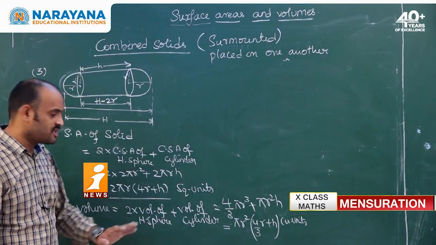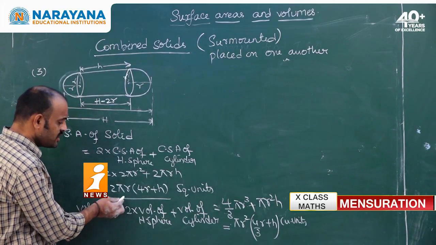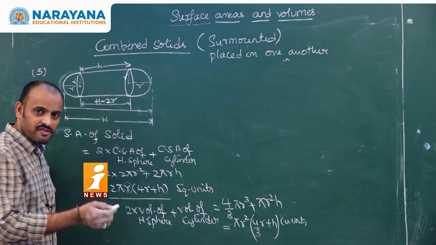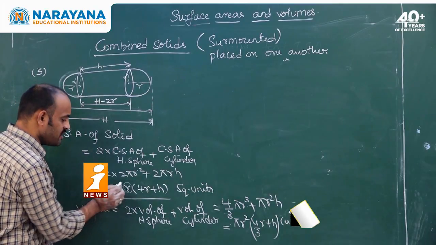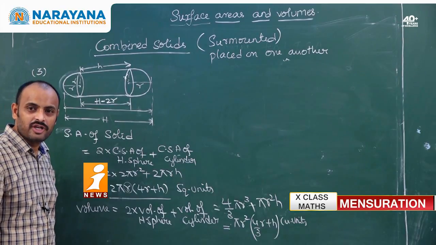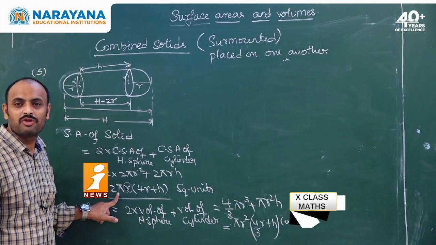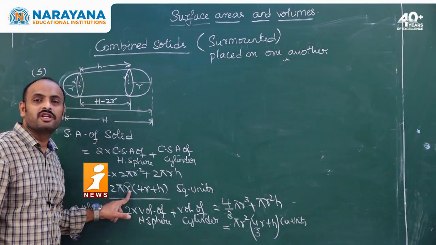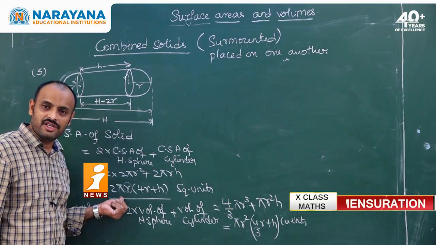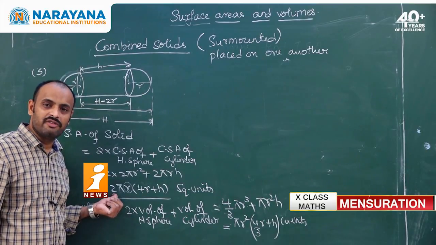In that case, I will suggest you one thing. Here, 2 into pi into r into 4r plus h is there, right? For example, if the radius is 14, then go for pi equal to 22 by 7. Why do we go for 22 by 7? Because 14 is divisible by 7, then we don't have any fractions. We will get everything in one line. We can do it very easily.